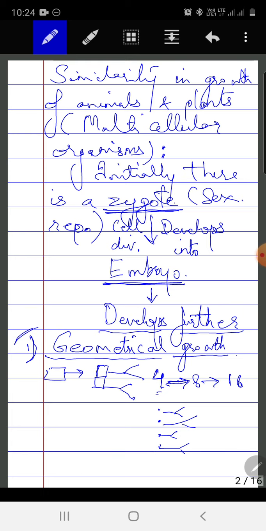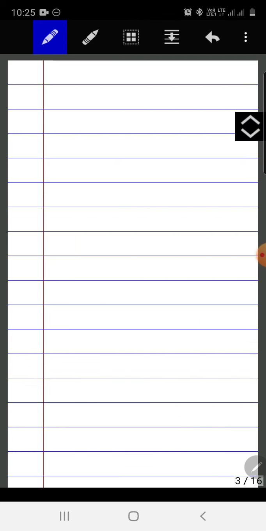Initially what happens is, this could be the zygote stage, and this is the embryonic stage. This is also the embryonic stage. This is how the embryo is passing through various cell stages. This is embryo, this is embryo, this is also embryo, and so on, right? Now when this is happening, all the cells are dividing. Okay. In the second step, what happens is, we say there is